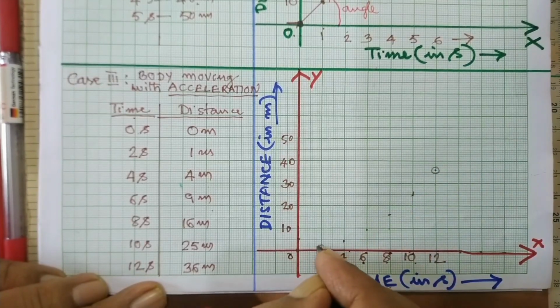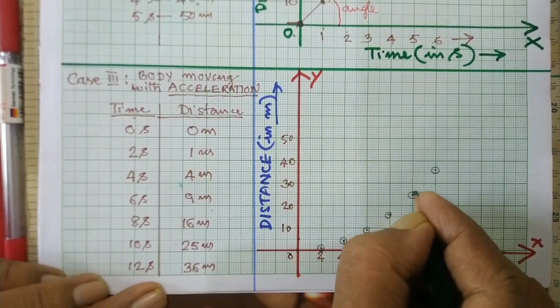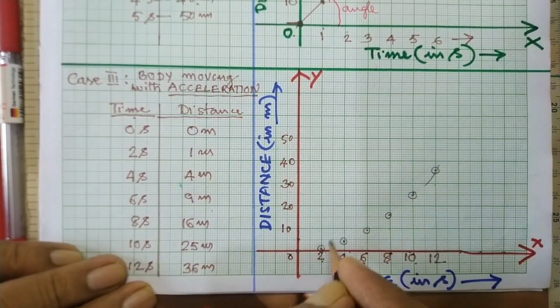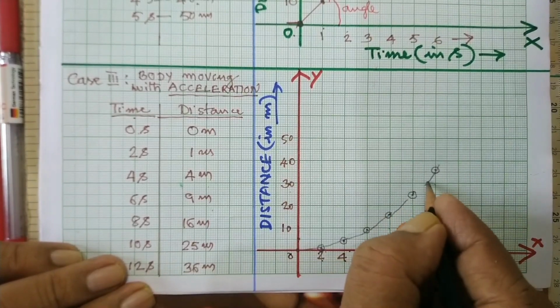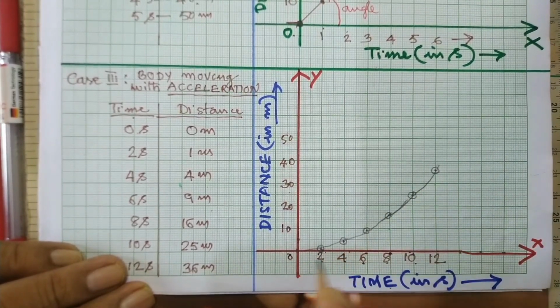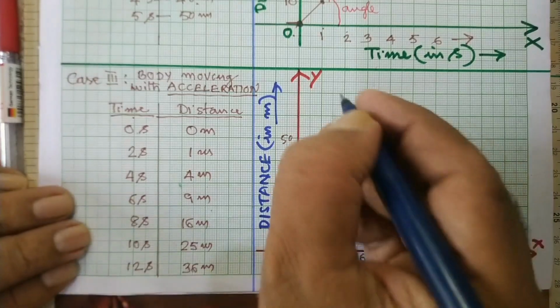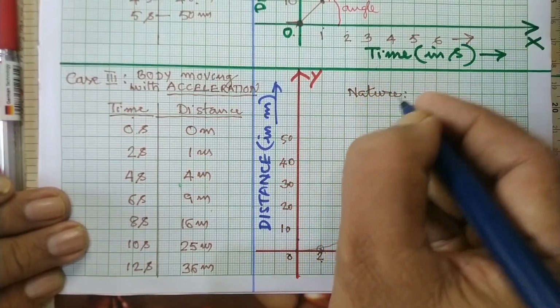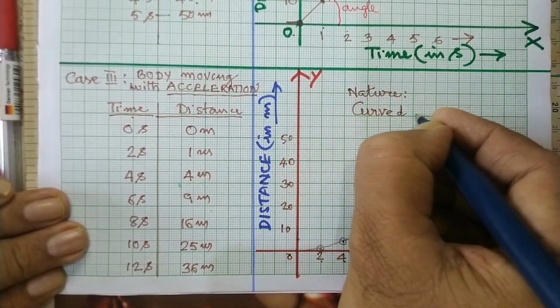Okay. We'll mark all the points like this, and we draw this one using a smooth curve like this. Smooth curve. Do not draw straight lines between the points. A smooth curve you have to draw like this. This is an acceleration graph. What is the shape of the graph we are getting now? Just you see, the nature of the graph is not a straight line, it is a curved line.